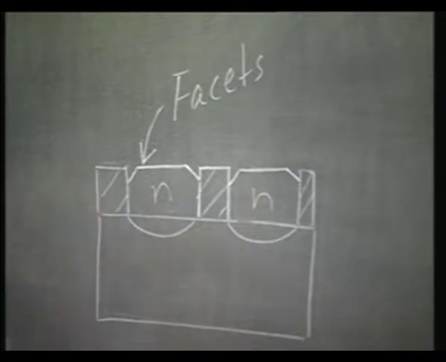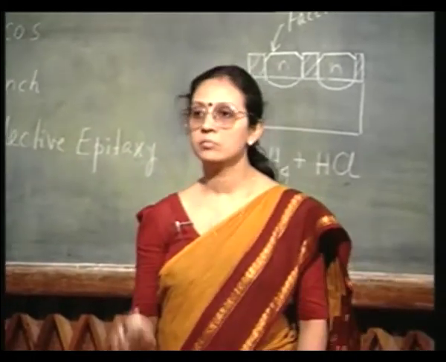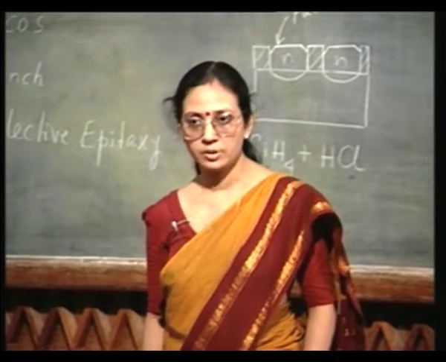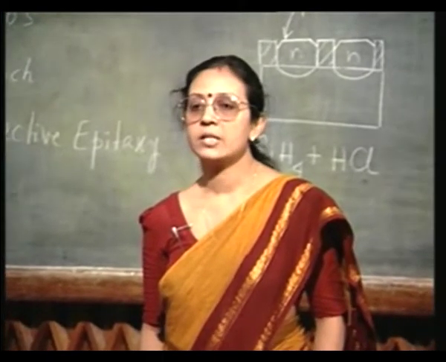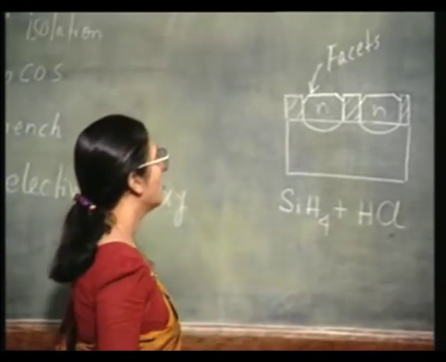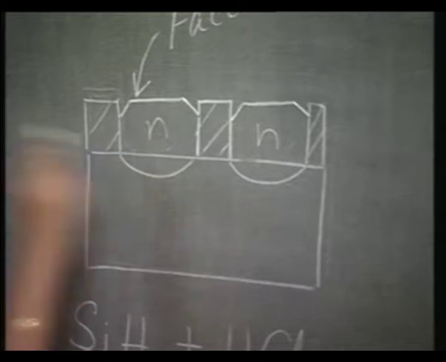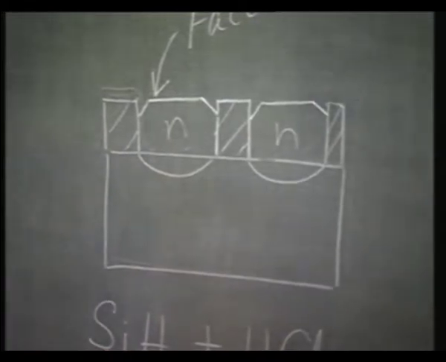That is, on the sides where it is coming in contact with the oxide, you do not have the epi layer growing in a planar manner, going all the way up. Okay? You have facets forming there. And in order to suppress this facet formation, you have to take more pains, that is, you have to coat the silicon dioxide with polysilicon. Okay? So, to suppress facets,